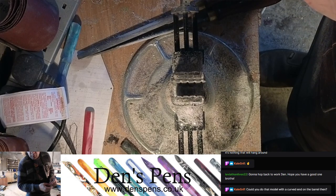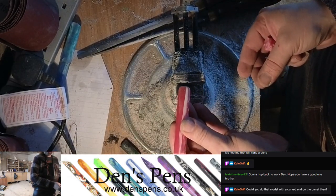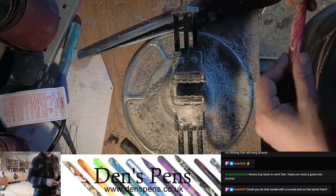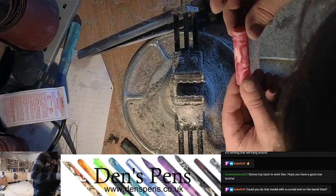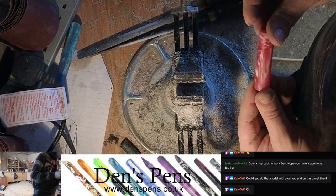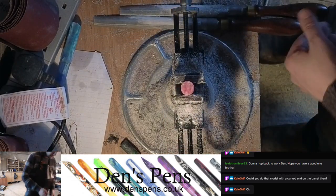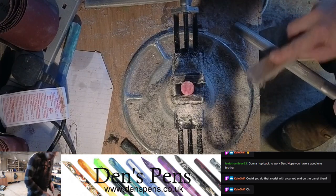Could I do this model with a curved end on the barrel? Normally it has a sort of curved flat end, so it's like that. But instead of having something carved into the end of it like these ones, it's just a normal round end. That's the basic model. This is a special adaptation thing. So basically,